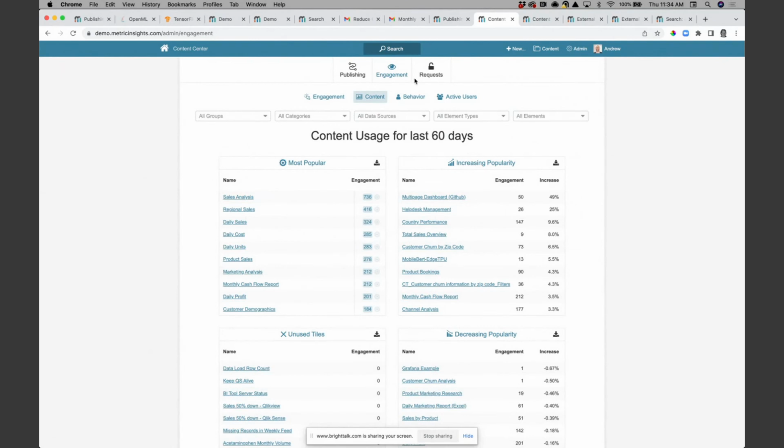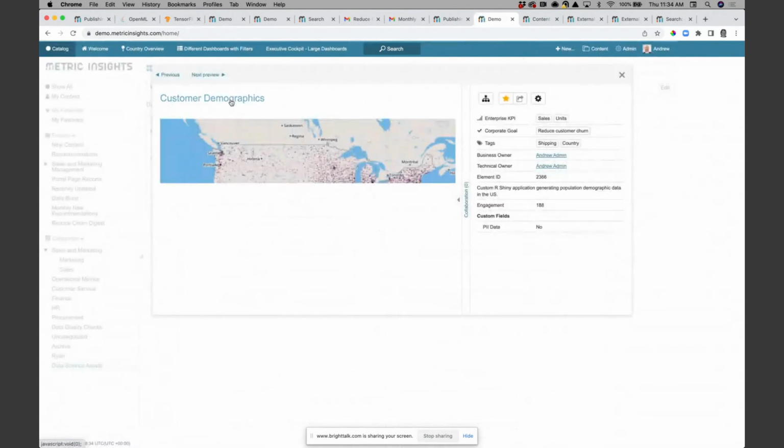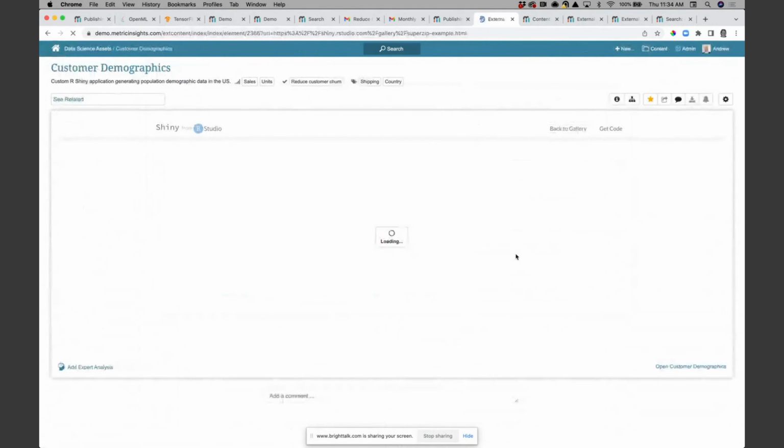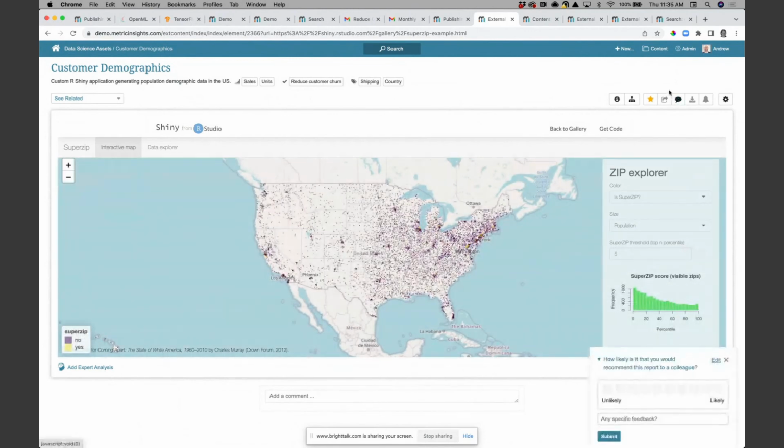The other indicator is to gather feedback from users. So when users are accessing the content through the portal, like that R Shiny app, you can prompt those users, like you might see on a website where you gather feedback. You can prompt those users periodically to give us feedback on this model. And obviously these prompts are customizable. They can be a simple question like this: would you still recommend this to other users? Gather a score about how useful it is, but also give any feedback that they might want.